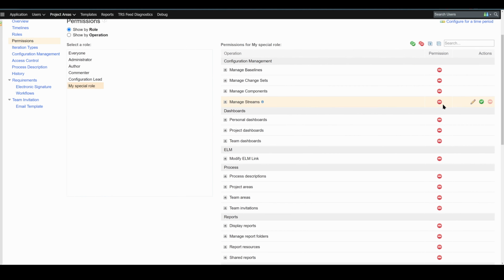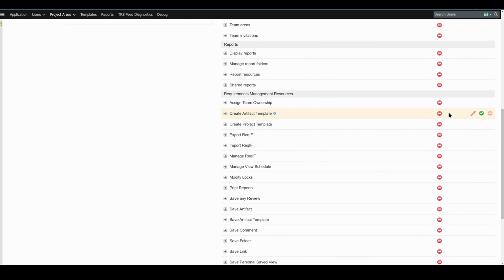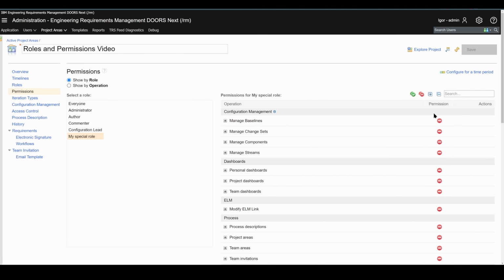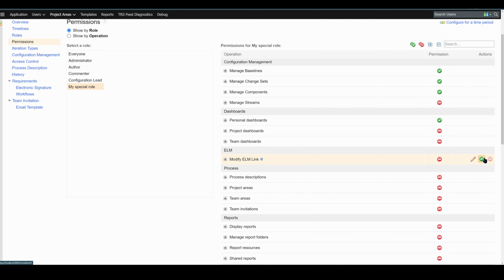Perfect. And let's look at the permissions. Everything right now is denied. So basically, you will be creating whitelisting. Whitelisting means that everything is blocked and you need to specifically select permissions that will be allowed. So this is whitelisting. For example, I will start with baselines and I can assign specific permissions to this specific